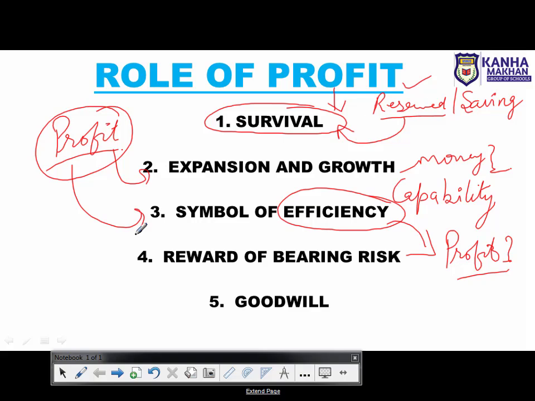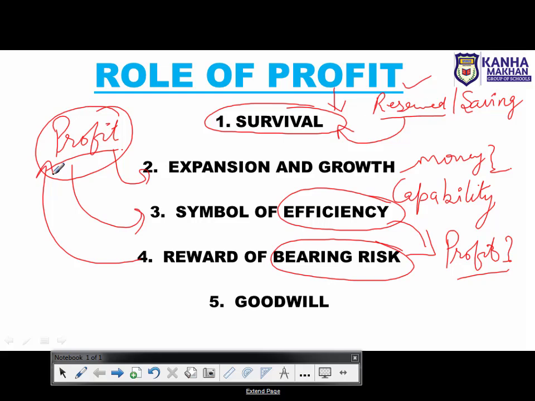Fourth point is reward of bearing the risk. Yes, most important, because ultimately the businessman is taking or bearing all the risk in order to gain or to earn maximum profit. अगर मैं इतना रिस्क बिजनेसमैन होने के नाते बियर कर रही हूँ, तो बेसिक मेरे इसके पीछे एक ही रीजन है कि दैट आई शुड और माय बिजनेस शुड अर्न मैक्सिमम प्रॉफिट, बिकॉज आफ्टर बियरिंग ऑल दिस रिस्क एंड इफ योर बिजनेस अर्न्स प्रॉफिट, तो दैट गिव्स अ वेरी सूदिंग इफेक्ट, दैट गिव्स अ मेंटल सेटिस्फैक्शन टू द बिजनेसमैन, राइट?